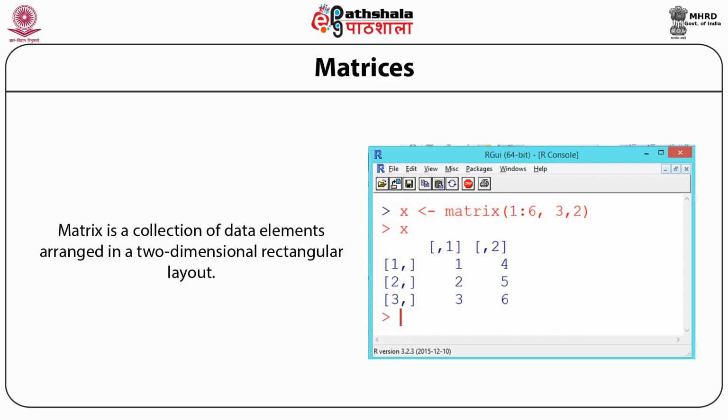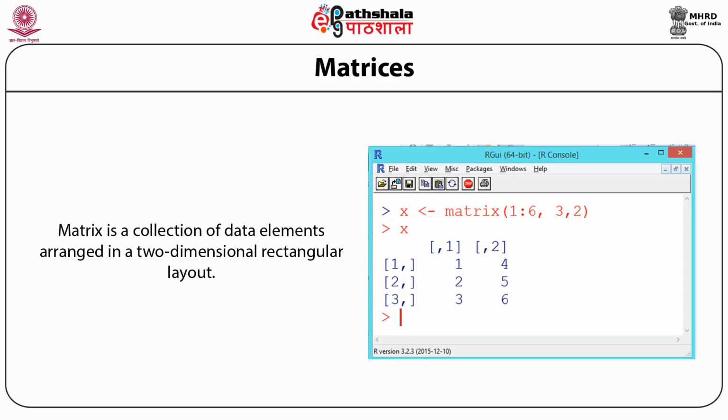The syntax is x equal to matrix(1:6, 3, 2). It signifies that we want to generate a matrix of 6 elements, and the dimension will be 3 by 2, where 3 is the number of rows and 2 is the number of columns. The elements 1:6 signify that the elements are 1, 2, 3, 4, 5, 6.